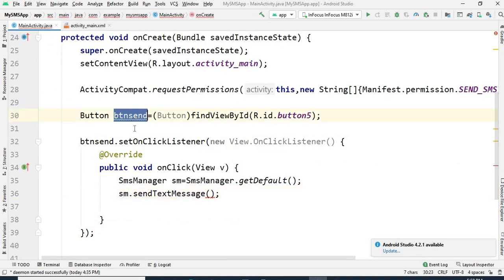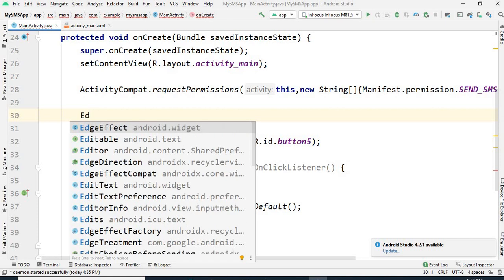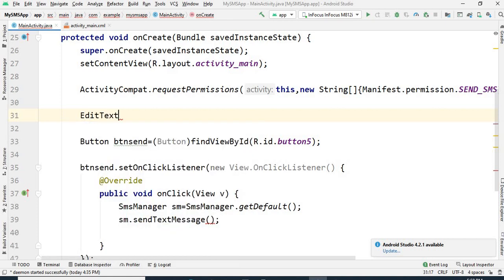How we create the object of the button, same way you have to create the object of the text box. Then only I can fetch whatever data is written by the user in that text box. So first create the object of that text box. You have to use the EditText. Then I say txtPhone, you can give any name here, is equal to